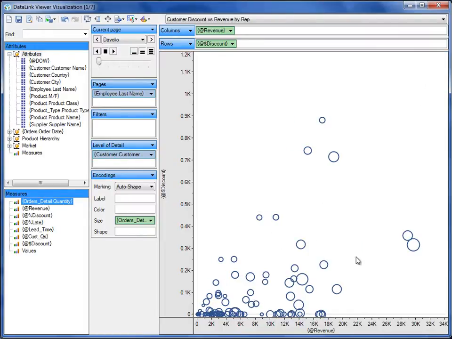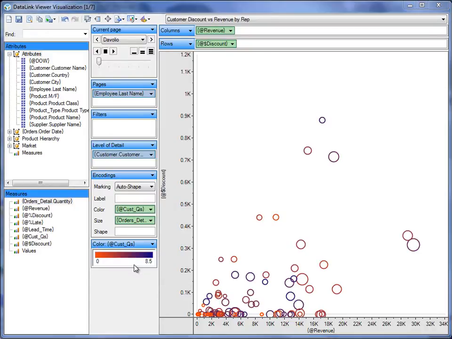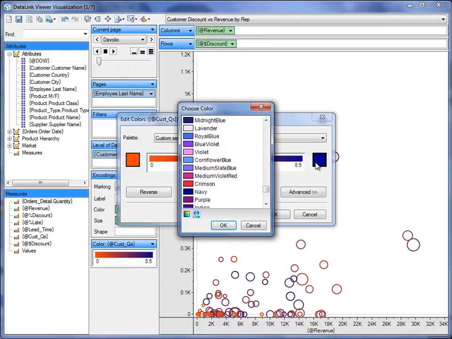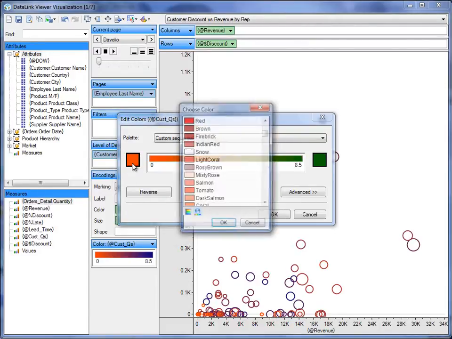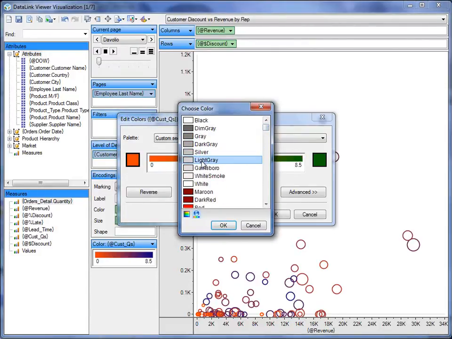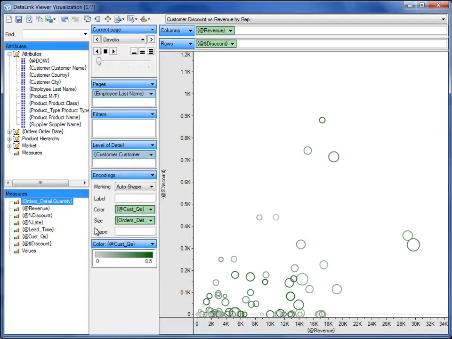Next, I'll control the color of the dots. That's based on the customer quarters, so I'll drag that into the color shelf. I'm going to change the color scheme, so at the high end I want to use dark green, and at the low end I'll use a light gray, and I'll change the shape of the dots to a